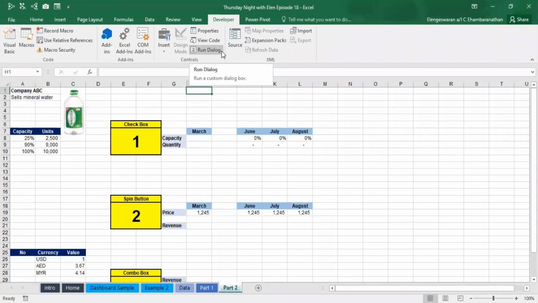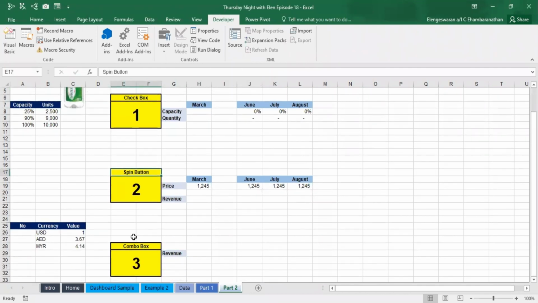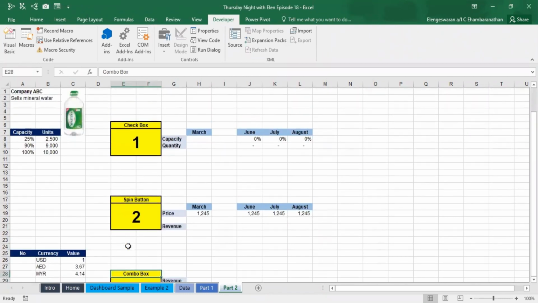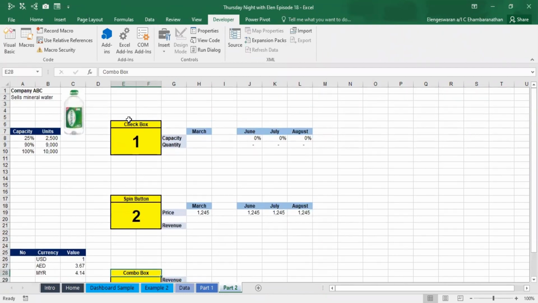Okay, so now the first thing I'm going to teach you is checkbox, spin button, and also combo box. Okay, I'm going to teach you this. So maybe I start with checkbox first. Okay, you go to insert, and then this is the thing called checkbox. Can you see this? Maybe you can just type number 8 if you can see this checkbox over